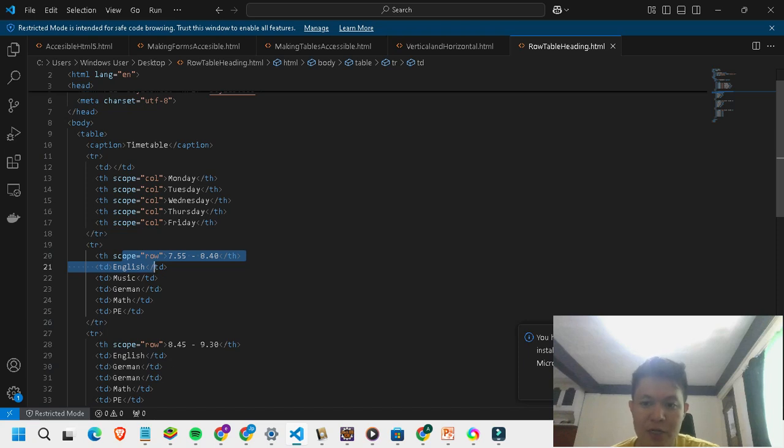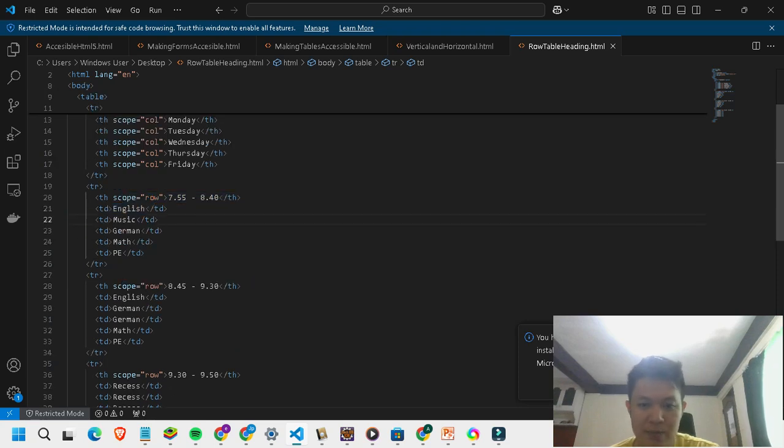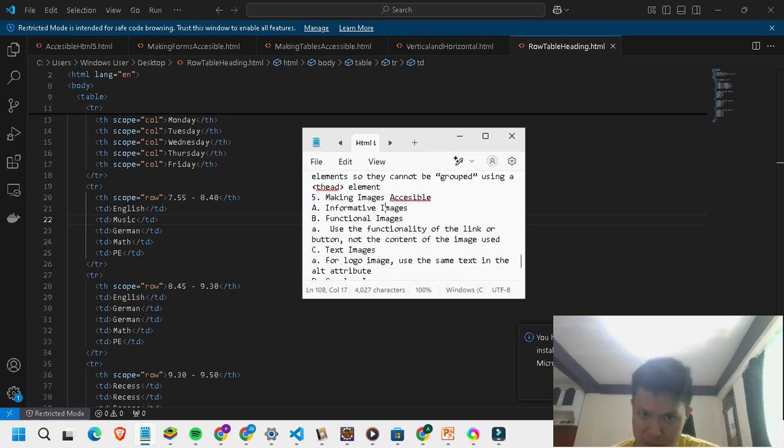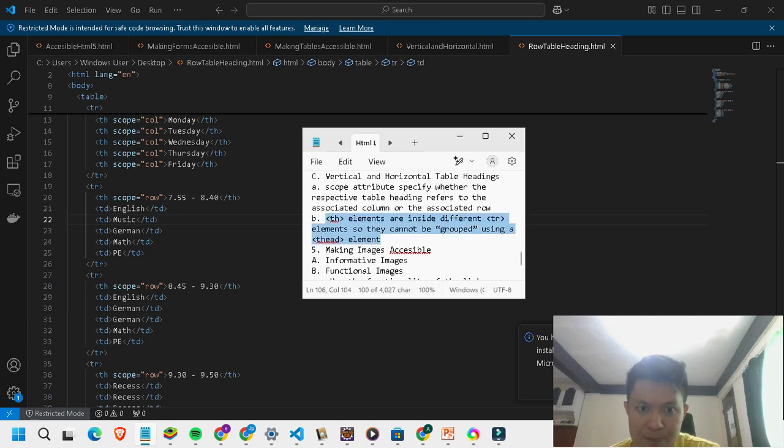Some assistive technologies such as screen readers read that table first before they go into the details of the table, so that a blind person can know what type of table he or she is using on the screen.